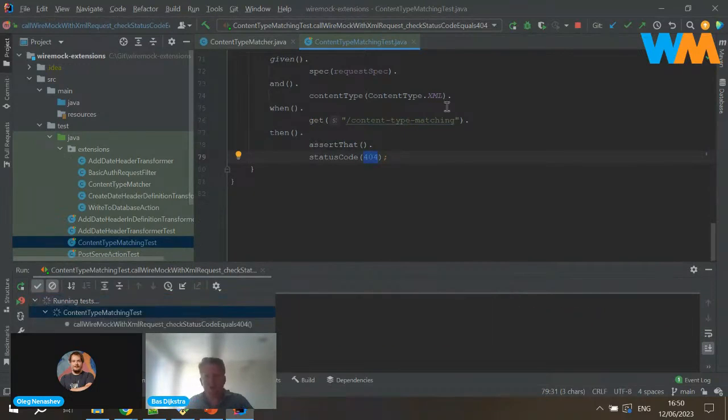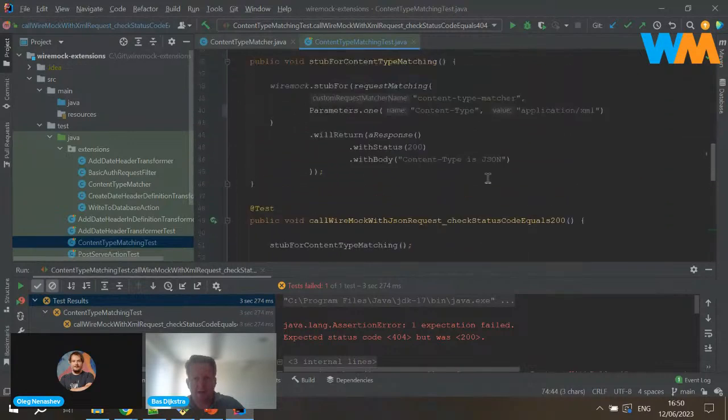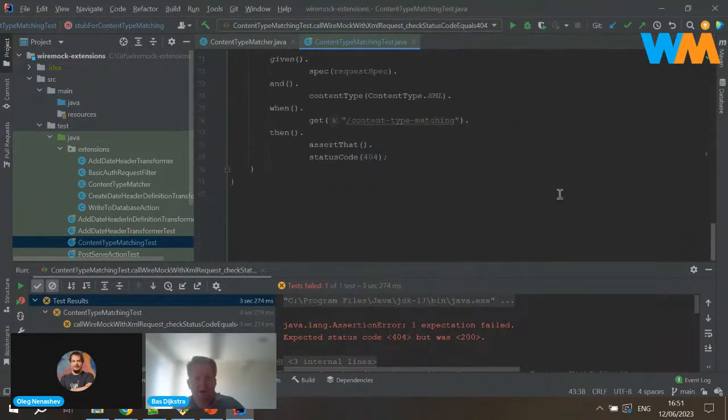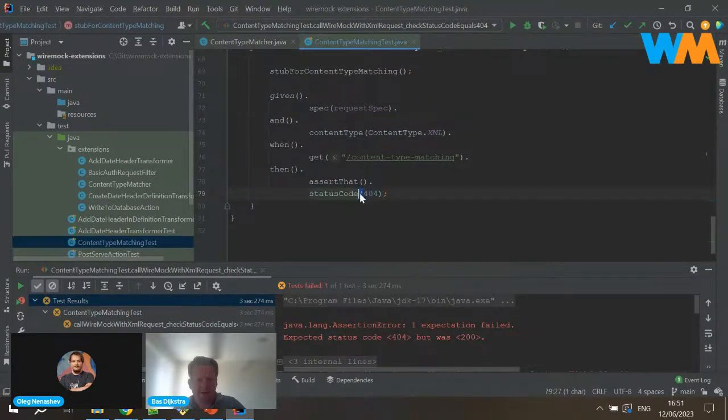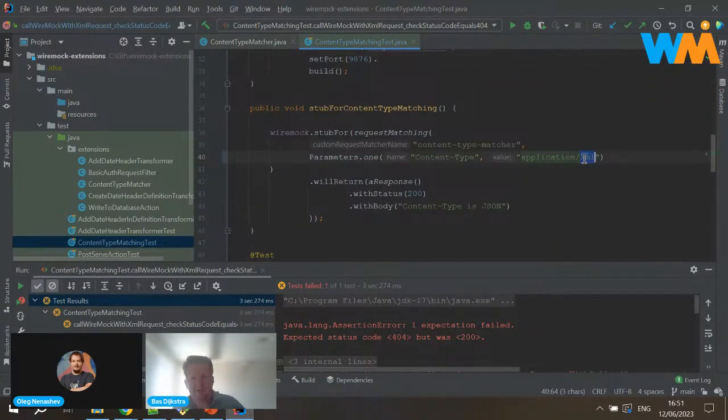This is going to fail because it actually matches, so it's going to return a 200 instead of a 404. There you go. Because now there's a match here, which means that WireMock actually does have a response definition for this with a 200, which makes my test fail because it expected a 404, but it's not returning a 404.